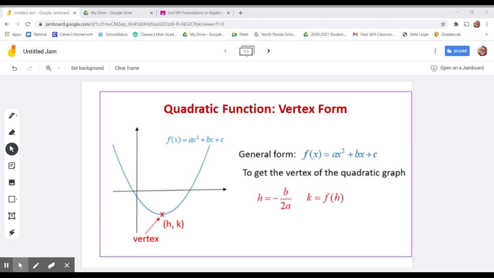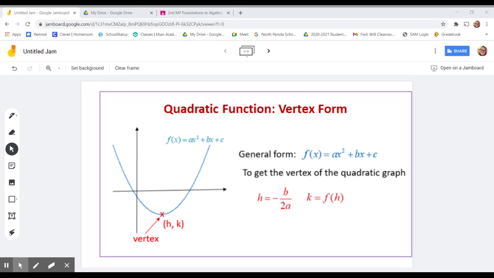We are talking about finding the vertex of a quadratic function. Yesterday we talked about identifying when we have a minimum or a maximum given the graph. And today we're going to figure out how to find what that vertex is if we're given the equation. Okay? So first off,